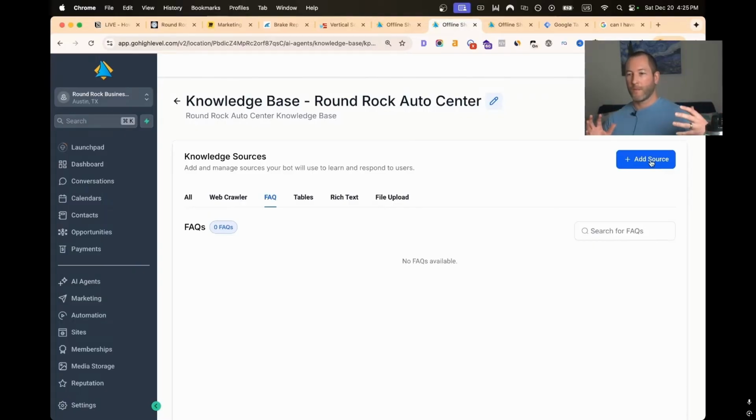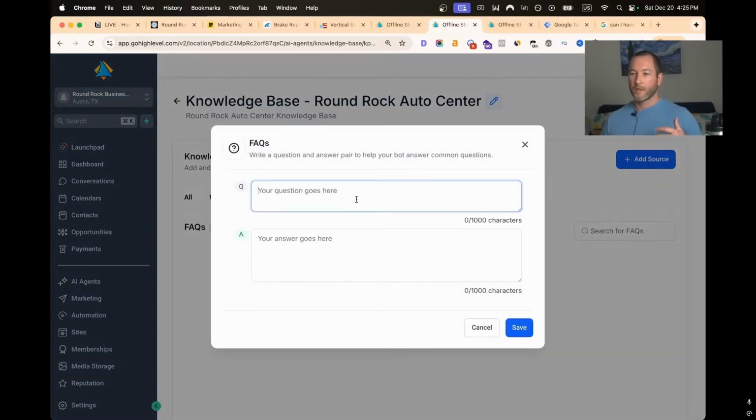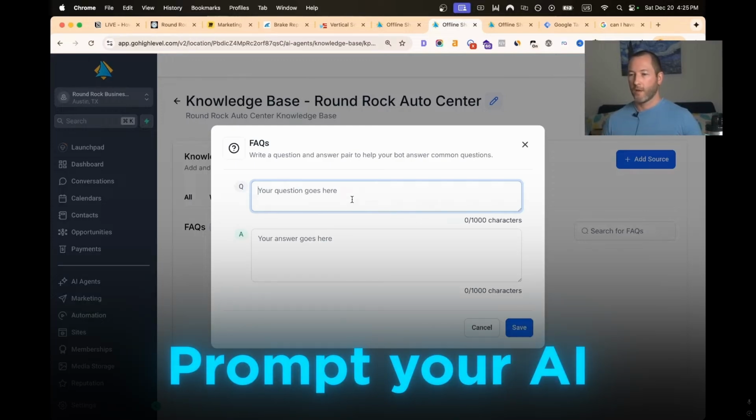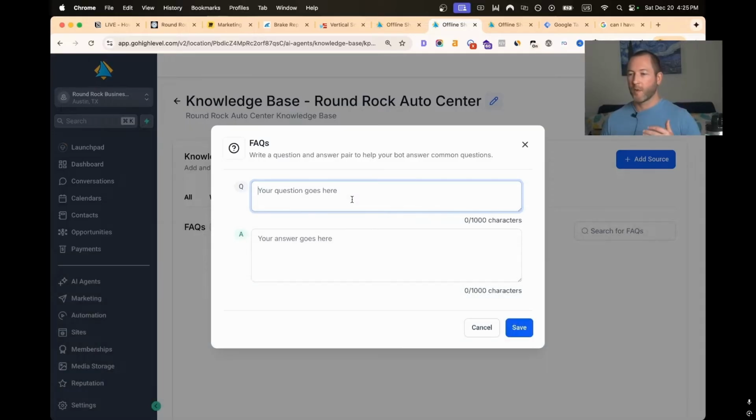But if there's a specific question you want to demo to the potential client, or let's say you know that they have different packages that they want to specifically sell or highlight, and so you want to prompt your AI to mention some information, this might be a place to add it as well. Let's go ahead and just do,